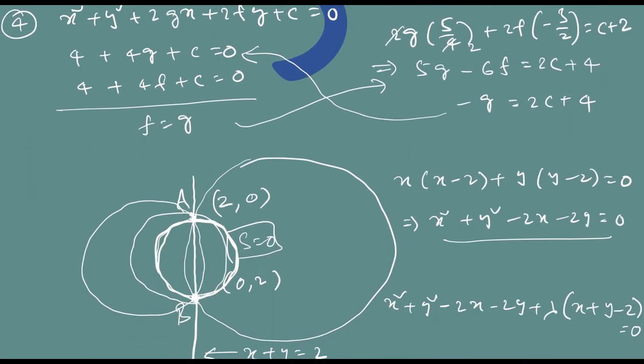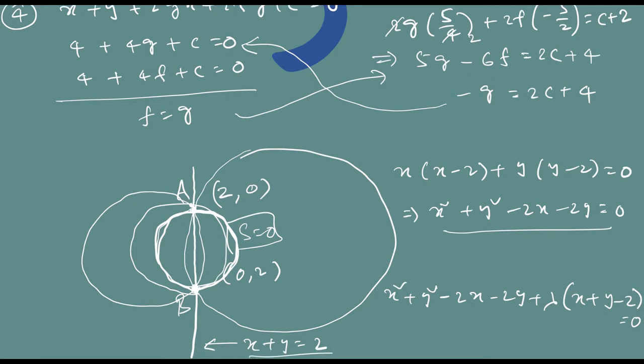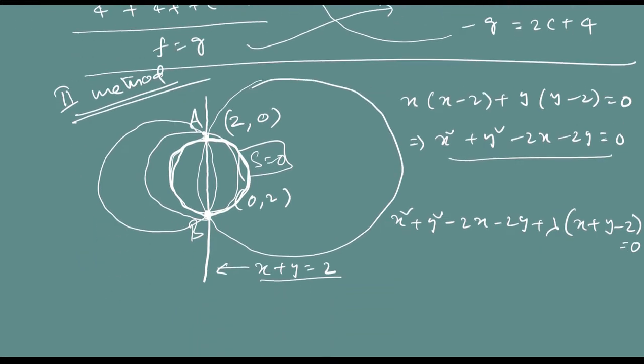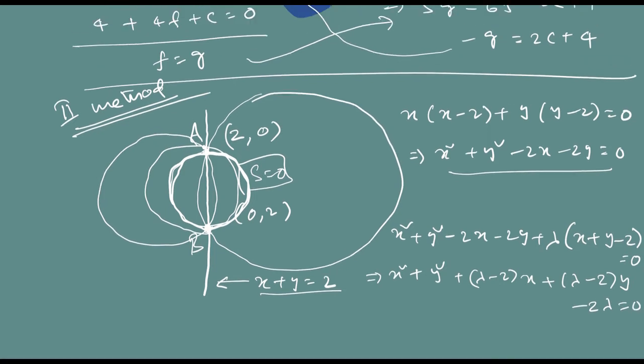To apply that, first I write all x terms at one place and all y terms at one place like that. And I get x square plus y square plus lambda minus 2 into x plus lambda minus 2 into y minus 2 lambda is equal to 0. Now applying the condition,